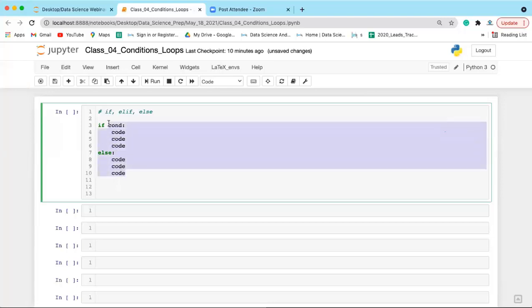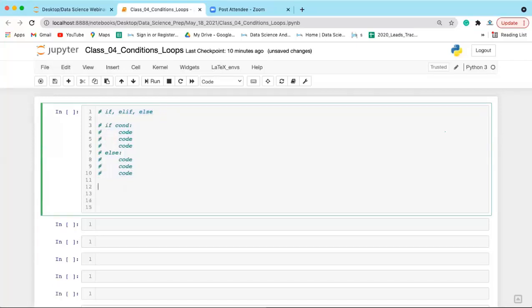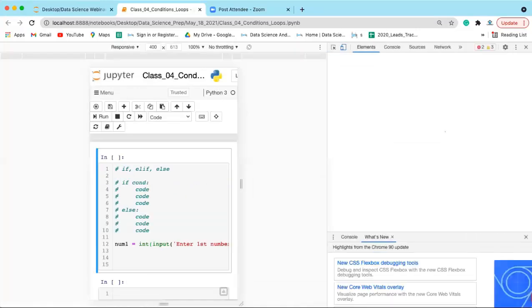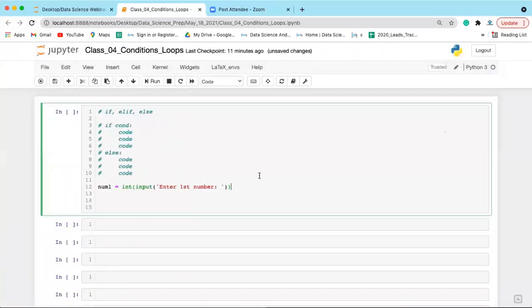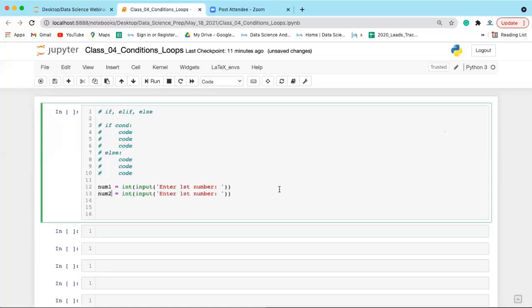Now let's see how we can use the if, elif and else blocks to write a program. First of all, let's take two numbers: num1 is equal to int(input("enter first number")), and here we will write num2 is equal to int(input("enter second number")).